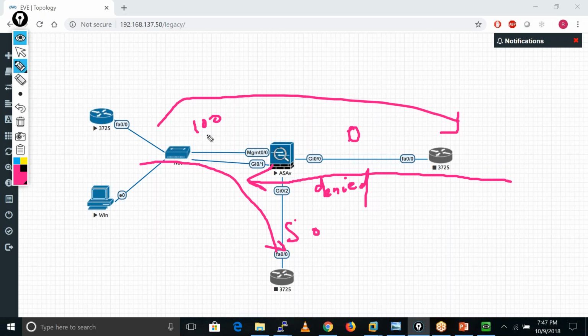We use security levels to define the trustworthiness of an interface, meaning how much we trust the users behind it. I hope you are clear on what security levels are used for and why we define them.